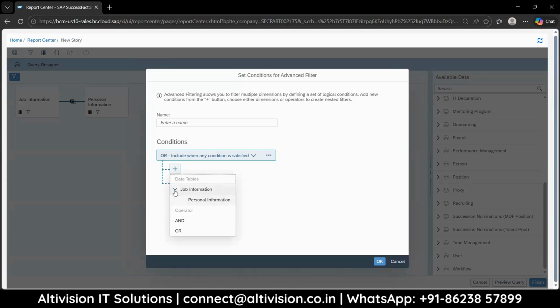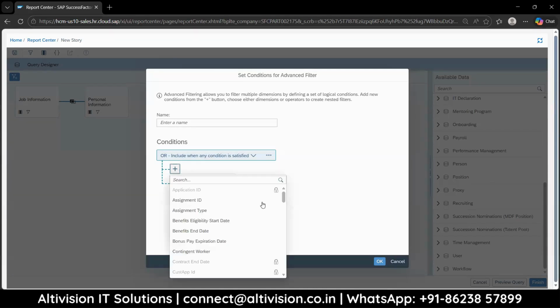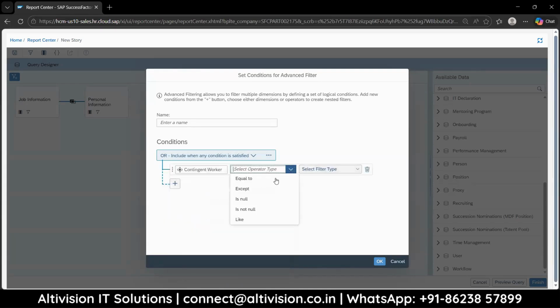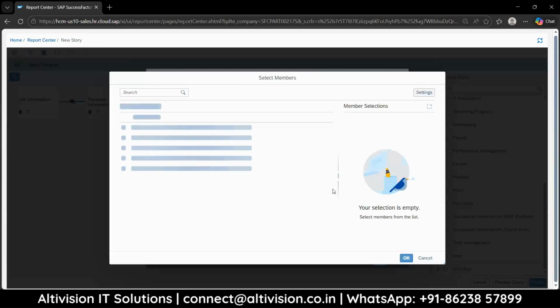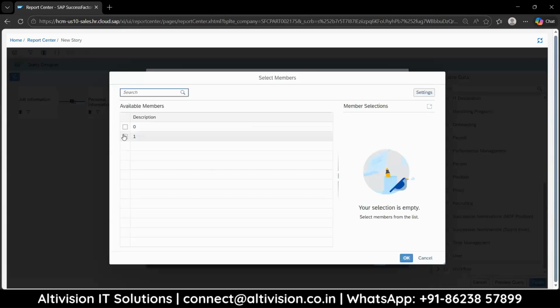Job info will be first, because it is a parent table or the driving table. So let's say within job information, I don't want the contingent worker. Then we have these multiple options as well. So we can either use free text if we know the value. Member selector is like this thing, except one,